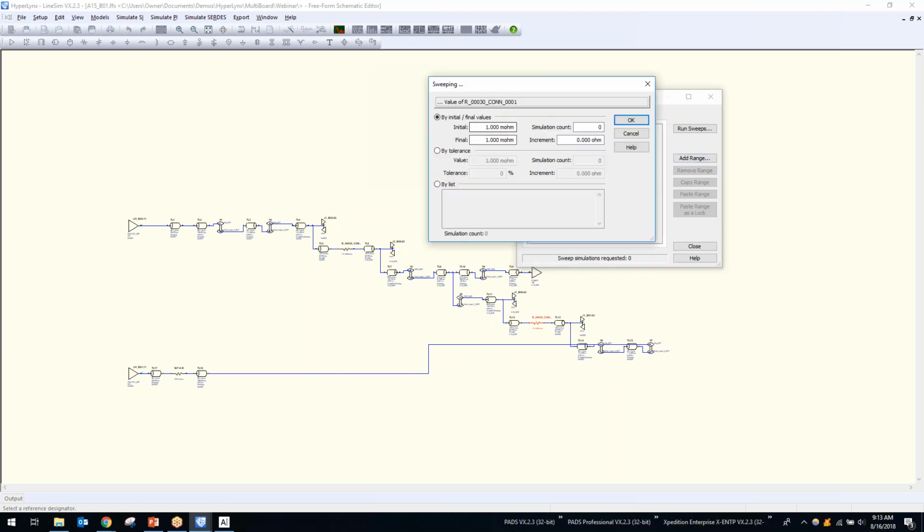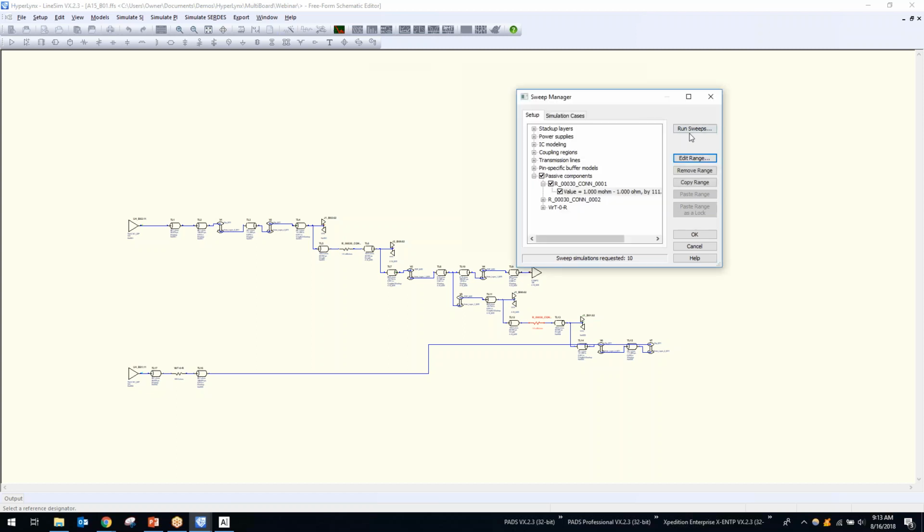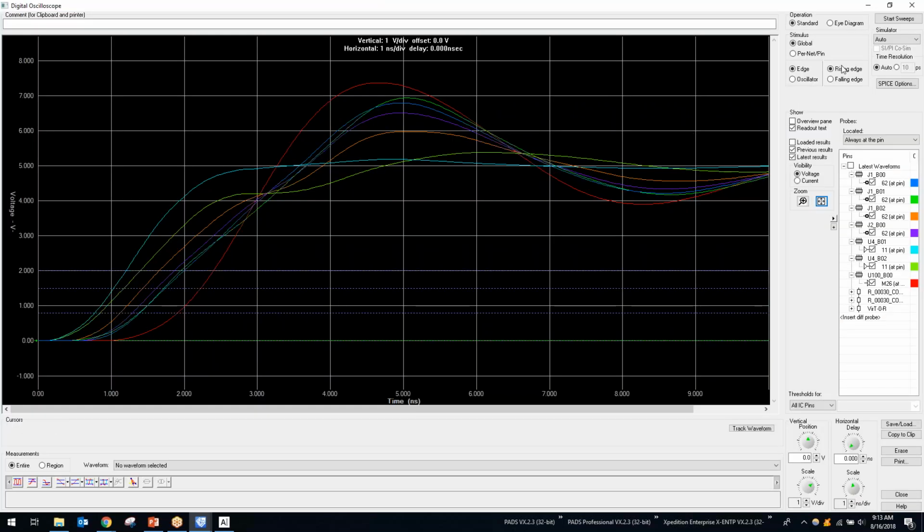And I can add a range very easily. So if I want to change this resistance for that connector from 1 milliohm and sweep it all the way up to 1,000 milliohms or 1 ohm, I can actually go ahead and set that there. I can set the simulation count, and it will automatically create all of the different values for that simulation count. Now I can run the sweep,